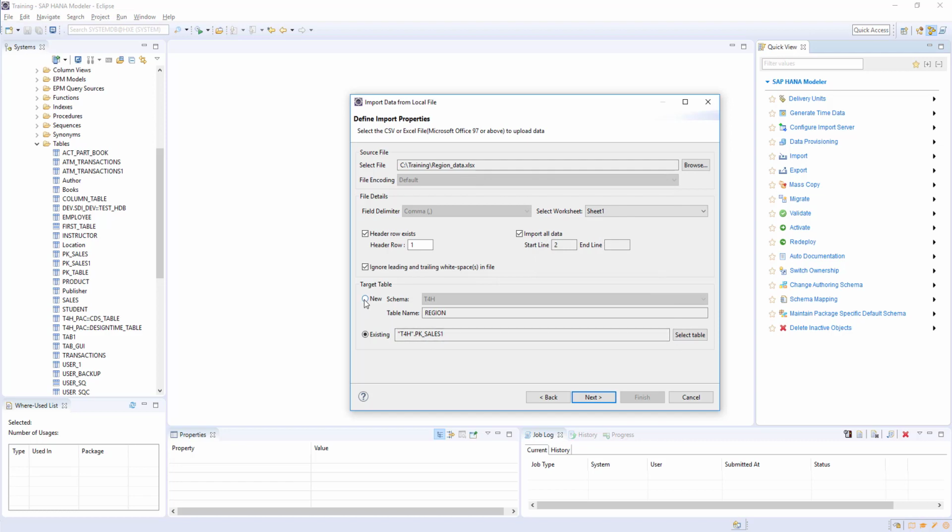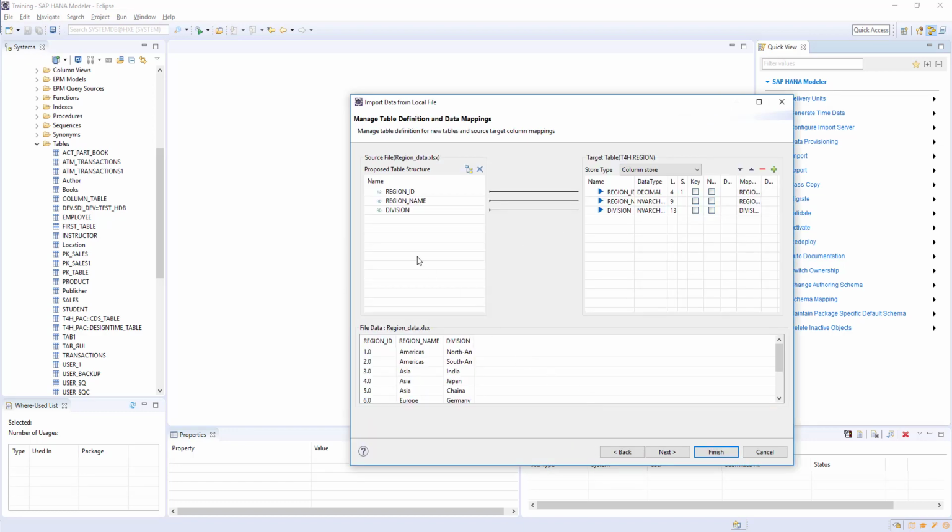But now in this case I am going to create a table region along with loading the data. I'll create a table region and then load data from this file, region_data file. So click next. And based on the table headers, it will create a table column names, region ID, region name, division.